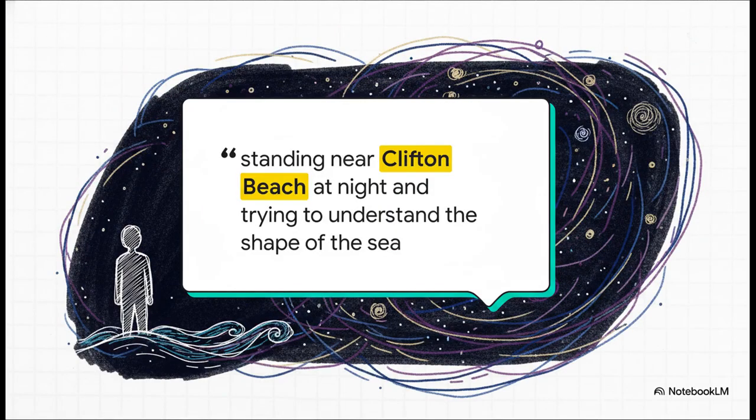There's actually this brilliant analogy for this exact tension. Think of it like standing near Clifton Beach at night, and you're trying to understand the overall shape of the sea from just one small patch of water. You can see the waves immediately in front of you, right? You can see them crashing, you can see their movement, but you can't see the entire ocean all at once in the dark. In that exact same way, our universe, like literally everything we can observe with our most powerful telescopes, might just be that one small visible patch of water in a vastly larger, unseen structure.